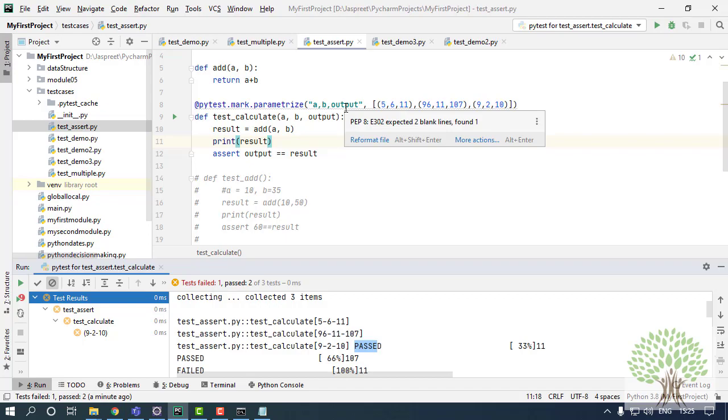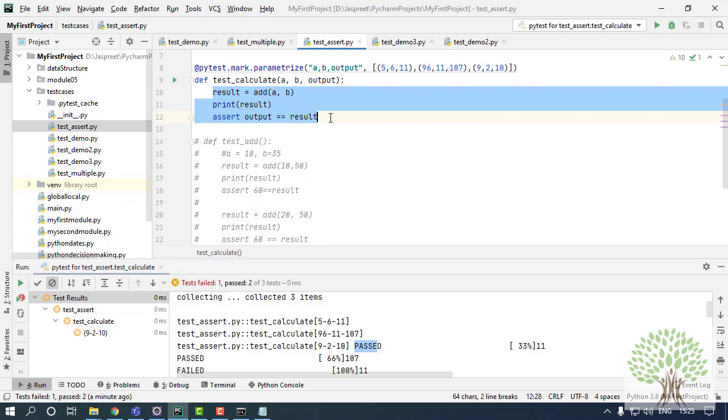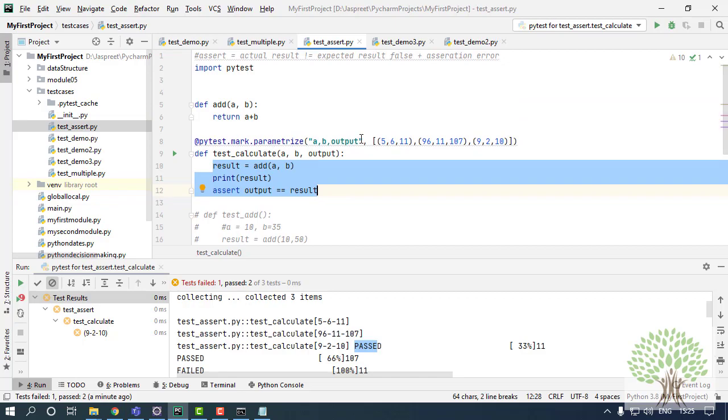But now I'm not talking about frameworks because that's a detailed topic. I'm not going into that now. But this is something that you can do. The benefit is that there are no changes every time you add a new data set, and no repetition of code. So this way the parameterization can be done.